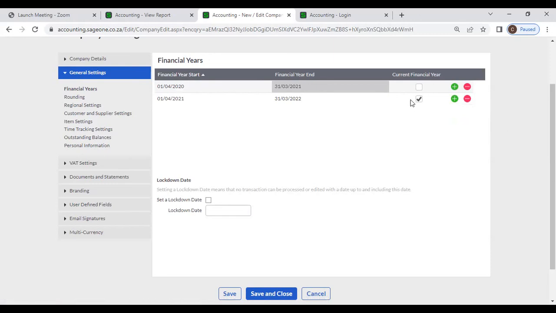Next, you can see there are a few columns: financial year start date, financial year end date, and current financial year. So you can tick this financial year, then this year will be your current financial year. Now, if you tick this option, that current financial year